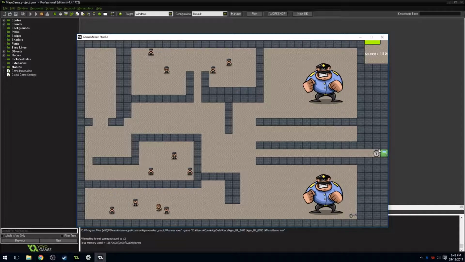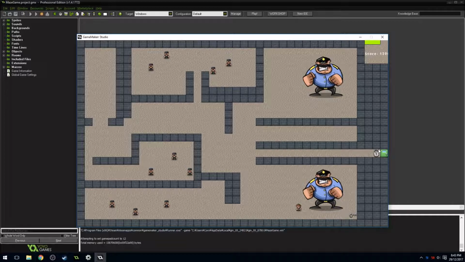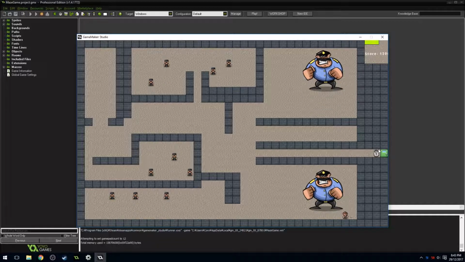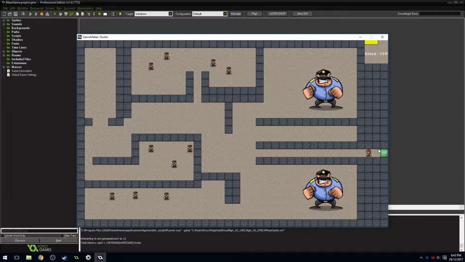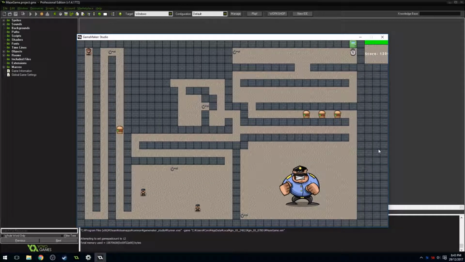So all these sprites were given to us as part of the lesson package. We didn't have to make our own sprites at least. Alright, big guy down here. It's gonna be a mad dash across. And he drains our life really quickly too, just by touching us. And you go down here, you open up the lock, and a winner is you. Congratulations. You press enter, it goes back to the main thing, and then...